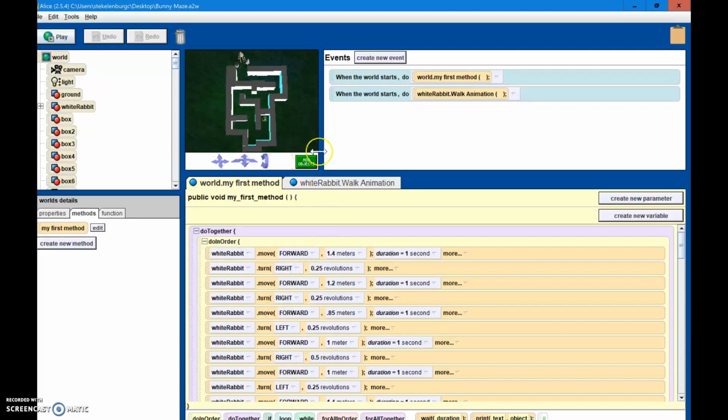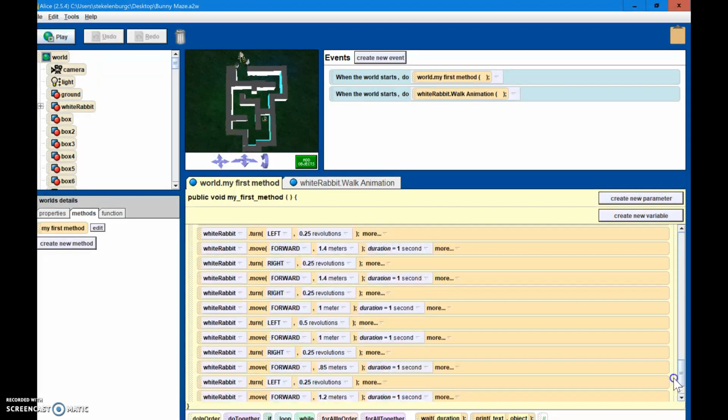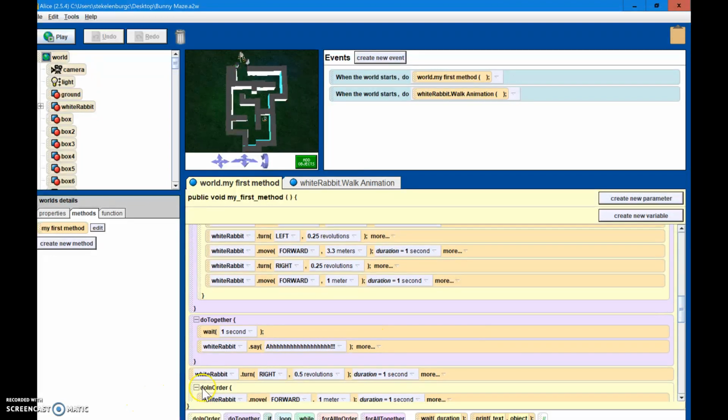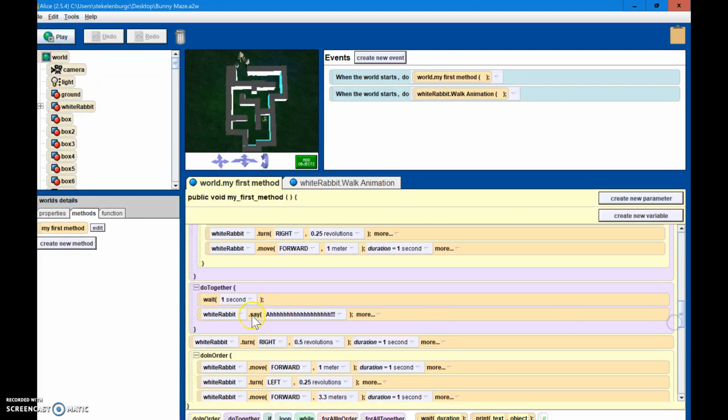This is my bunny maze project, and in this project we have two main methods, one of which is the movement of the rabbit navigating through the maze, which includes two do in orders so that he doesn't just move straight to the maze ignoring the walls, and a do together so that everything does properly in its sequence so that some things go a little bit